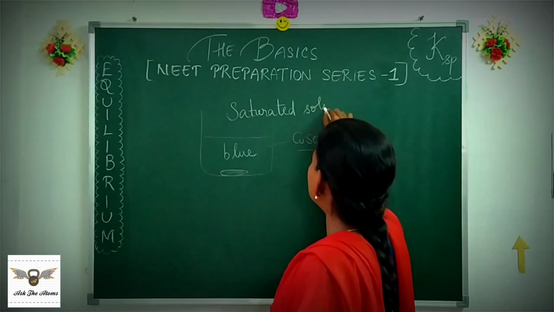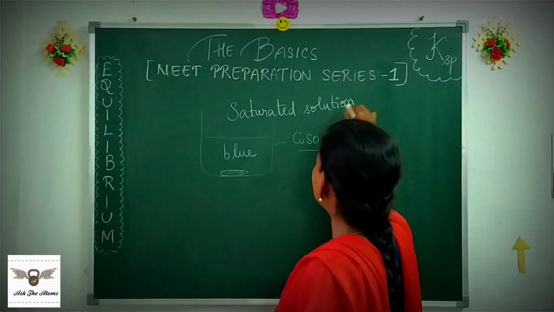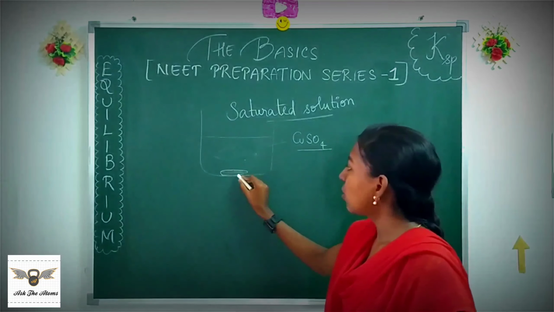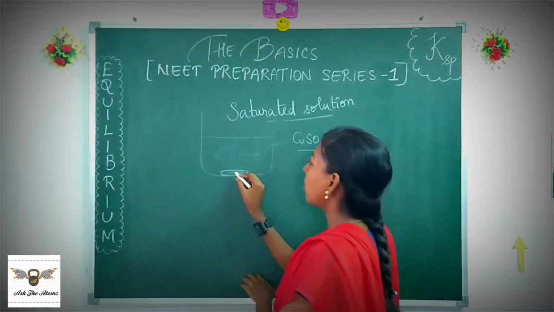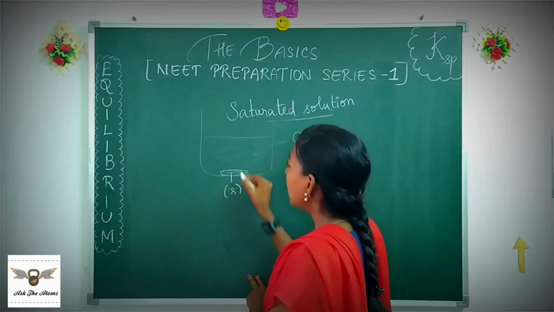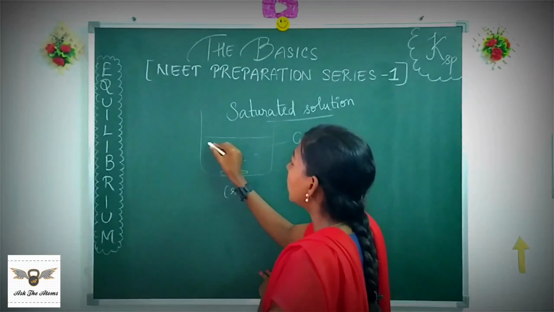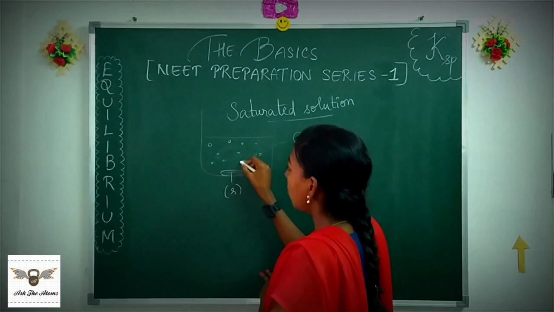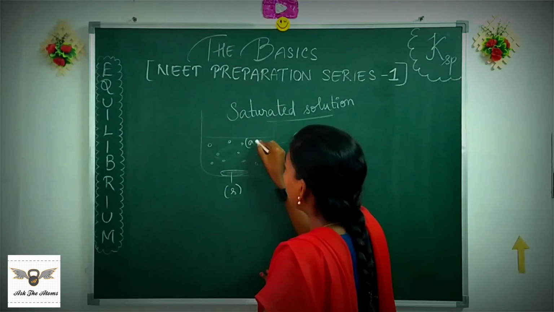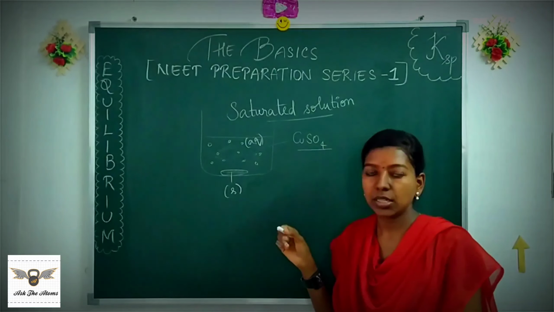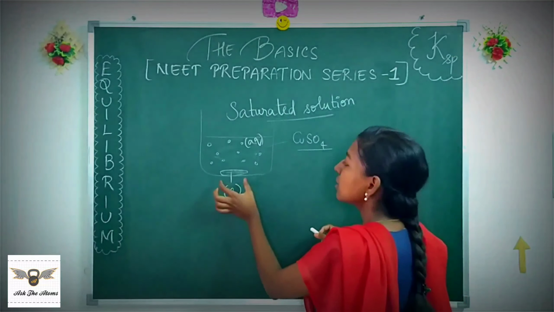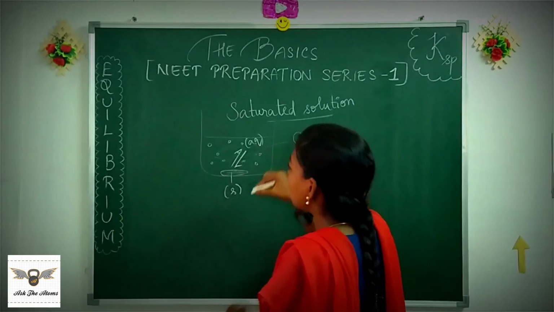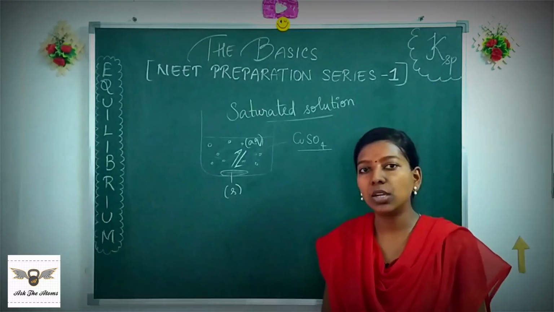Now, this saturated solution has an equilibrium in it. What is the equilibrium? Here you can see copper sulfate in solid form, and here I have copper sulfate inside my water in the ionic form. They are dispersed, and that is what you call dissolved. They are in the ionic or aqueous form. So there is an equilibrium between the solid copper sulfate and the dissolved copper sulfate ions. That equilibrium is represented by an equilibrium arrow and given an equilibrium constant.